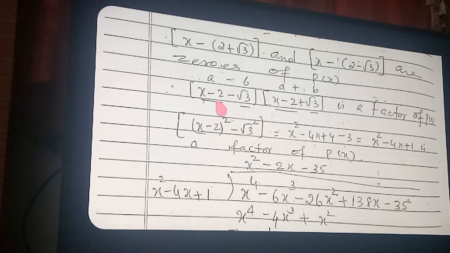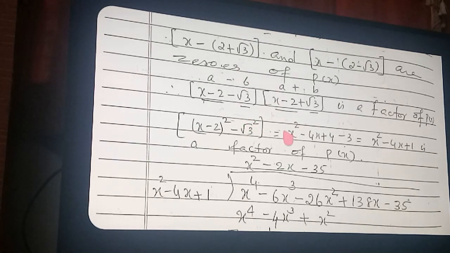Now, how is this getting simplified? So first listen, I have written it above also for understanding. Here what is in A? So A is the same now. Here B and here B, B is also the same. In the middle, here plus is coming and here minus is coming. That is the only difference. That means it is in the form A minus B into A plus B. So A square minus B square. That means x minus 2 the whole square minus root 3 the whole square.